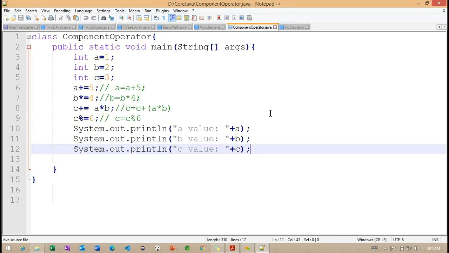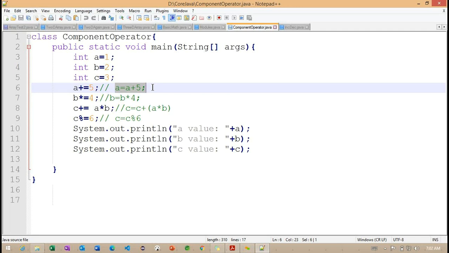Right. After this, we checked the compound operators. With the help of the compound operator, you can observe that initially, to increment any value, this is the way we used to write: a is equal to a plus 5. Getting the point? With the existing value of a, we add some additional value.